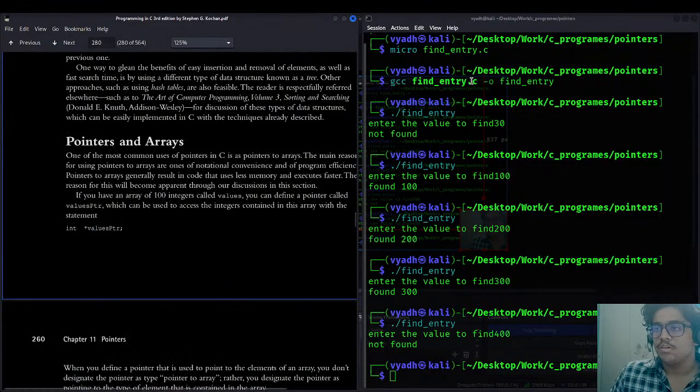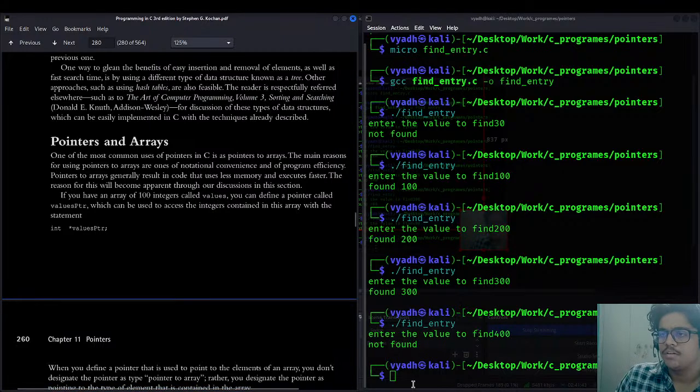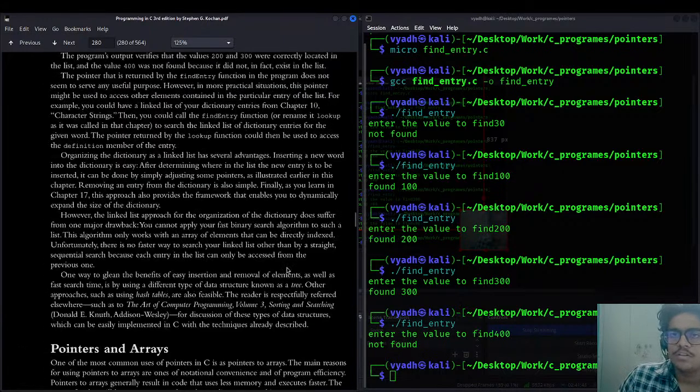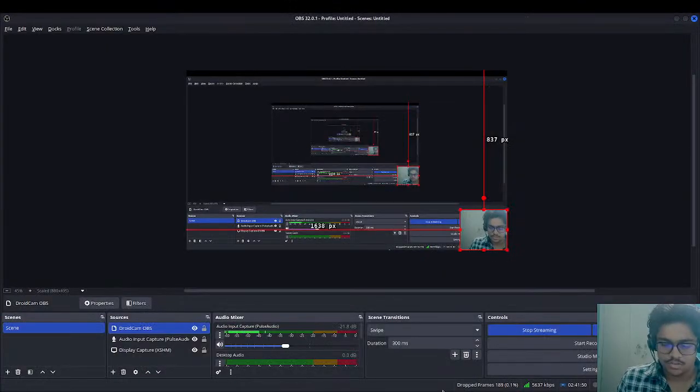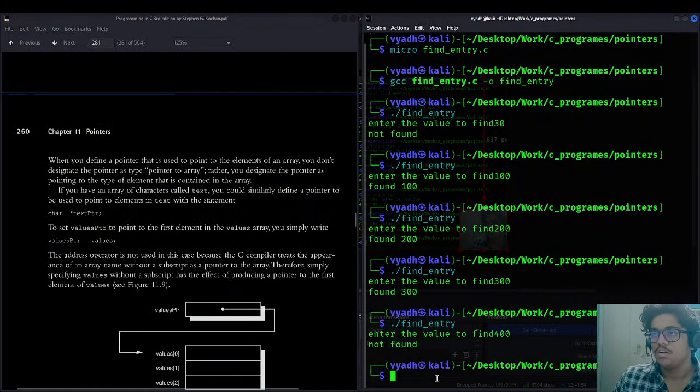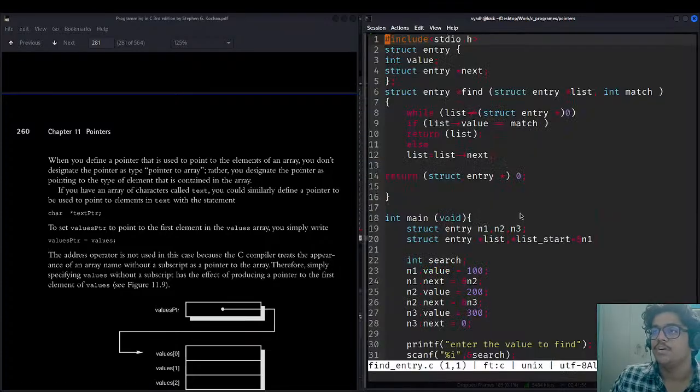So I have already explained the code while writing it, no need to explain it again. But let me take this code one more time. Micro find entry.c.